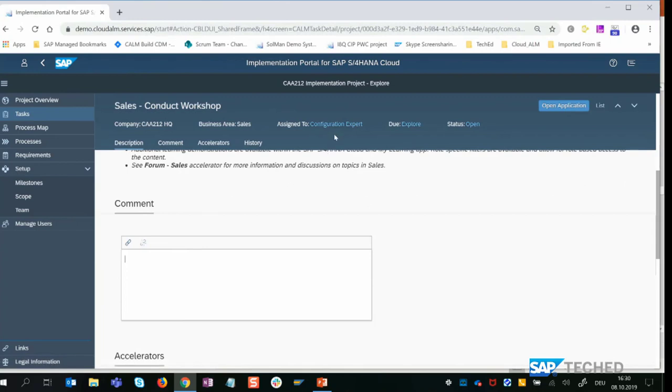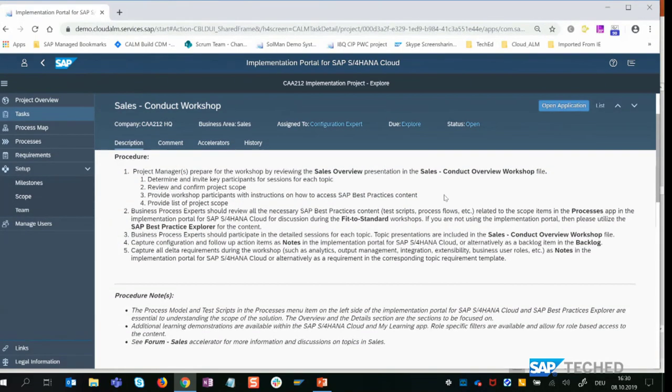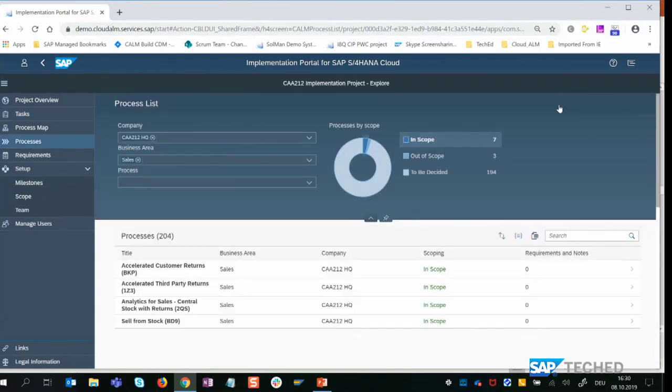We see it's assigned to the configuration expert, and in case you have invited a configuration expert already, then the person's name would be here. We get a detailed description how this workshop should look like, and we can open the application.